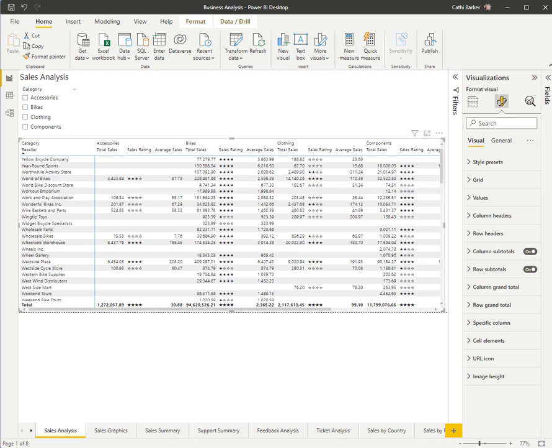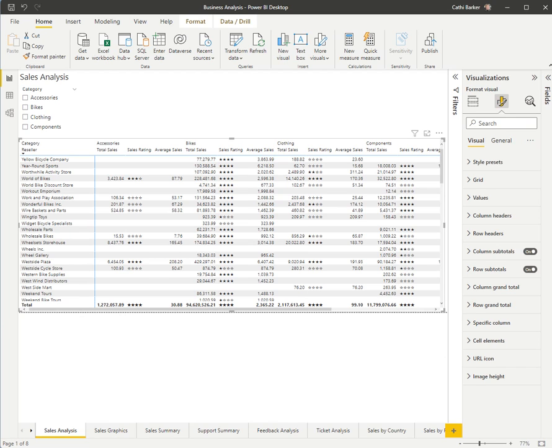In Power BI, you may or may not have heard of the term bookmarks. Report bookmarks are very powerful because they allow you to save the current look or the current state of a page and return to that look at any point in time. You could have a page, as we do here, called Sales Analysis, and we want to create a number of bookmarks, which is a number of ways that this page looks,